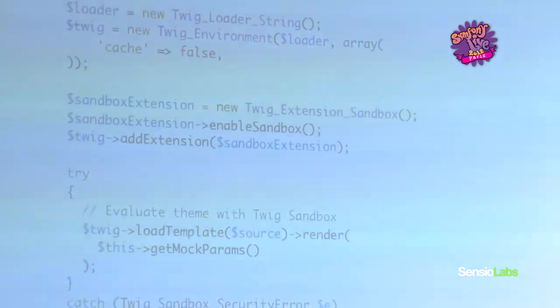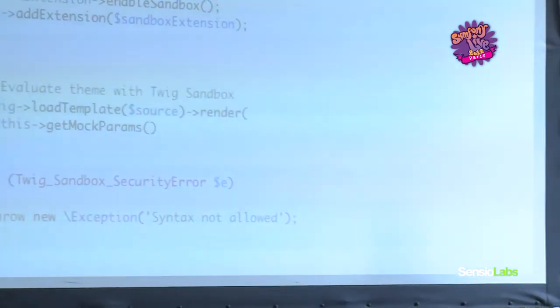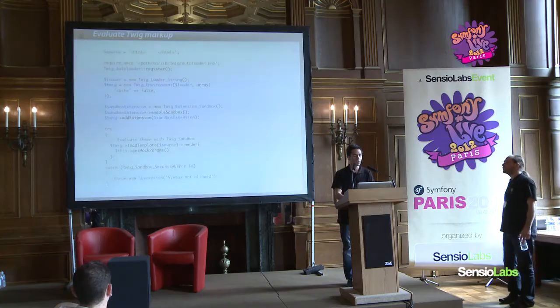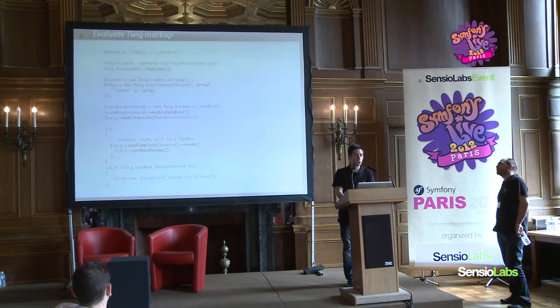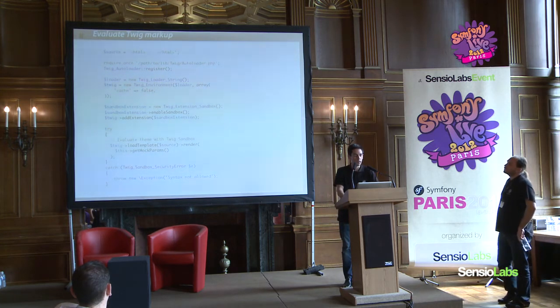We start from the HTML source. As I said, to provide their Twig markup, they have a huge input in which they put their HTML code. We create a Twig instance, and here we create a string loader Twig, because we work on content and not files: everything is done based on the content sent by the designer. We deactivate the cache, because the Twig sandbox is only used for checking purposes, so there is no need to store files on the file system.